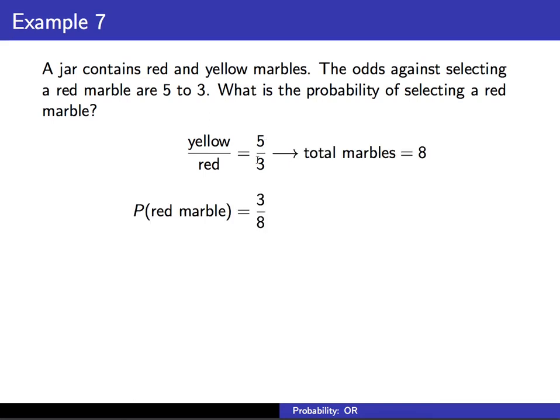So if there's 5 yellow and 3 red, that means there's a total of 8 marbles. So the probability of selecting a red marble, well, we had 3 red marbles out of the 8, so our probability of selecting a red marble is 3/8. So if you have the odds either for or against, you can add those 2 values to get the total and then see where you're going from there. So in this case, the probability of selecting a red marble is 3/8, which means the probability of selecting a yellow marble would be